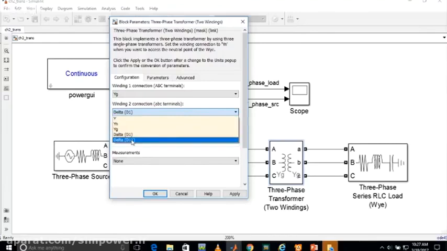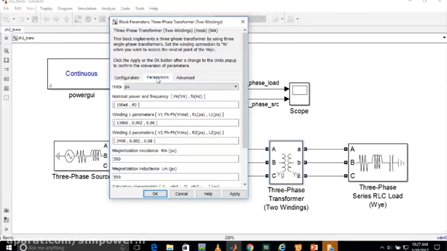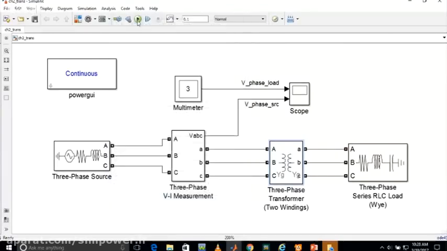And the last, as you can see, we have taken Y ground, and in the parameters we will give the values of our windings. So let's say our nominal power is 100e6 and 60 hertz, and the winding one parameter is 13,800 volt, and the second is 2400 volt. So it's a 13,800 by 2400 transformer, a 13.8 kilovolt to 2400 volt step down transformer. So if we run this program,